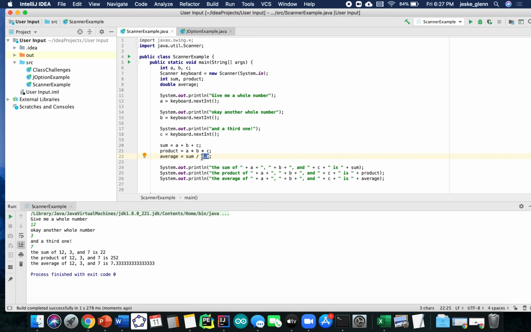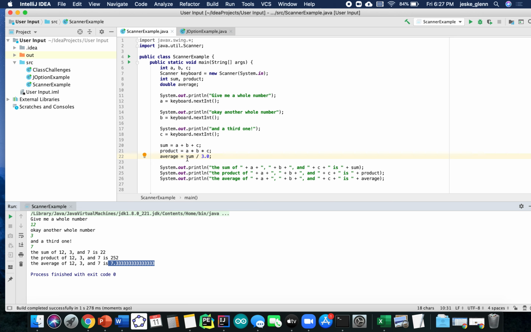We're talking about an average. I know that I'm asking for 3 numbers. I don't need to make a new variable there. I just made that variable a double by putting 0.0 on it. And now your computer recognizes integer divided by double. That should be a decimal, and we'll actually put the full decimal, and we'll get rid of the